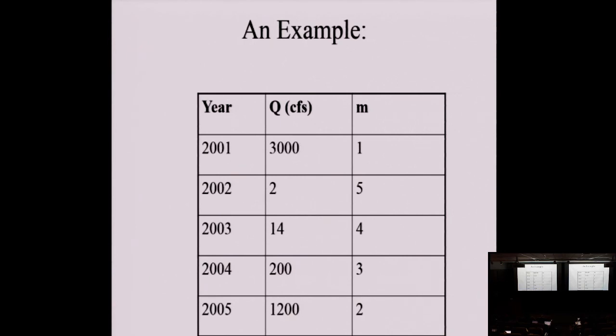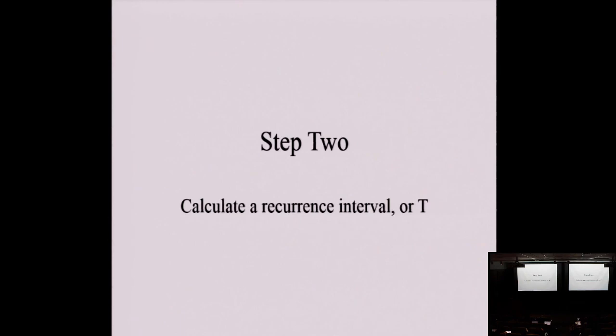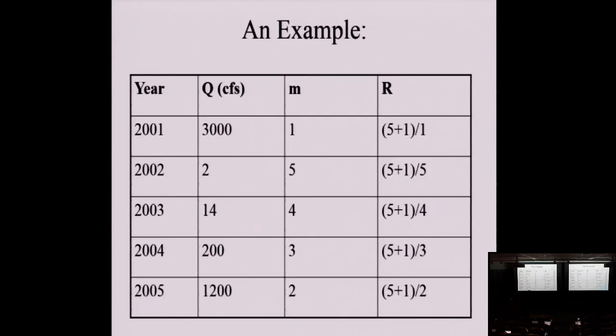You just have to calculate the recurrence interval, which is that equation. Sorry, I put R and T. You can use them interchangeably, my fault. You have 5 years of